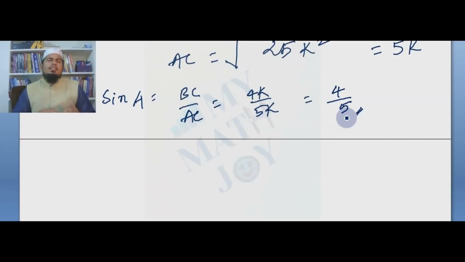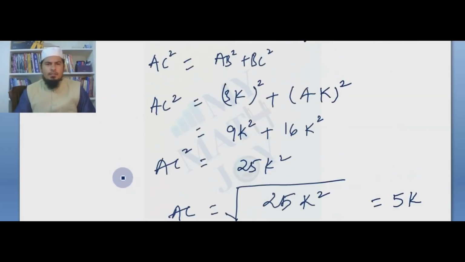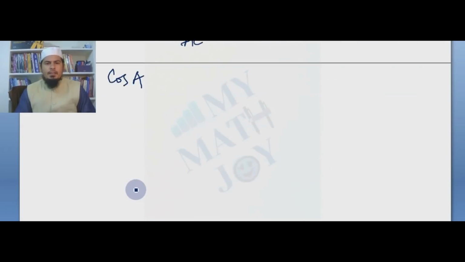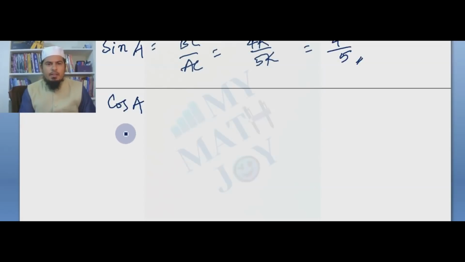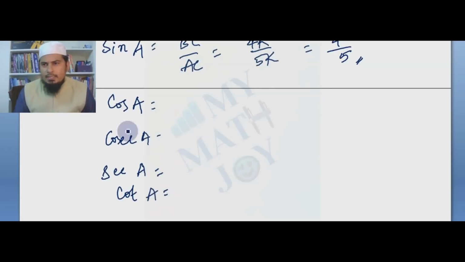So in this way you please find the cos A value. Tan A was given, and we found sin. You please find cos, then cosecant A value, secant A value, and cot A value. Okay, so please do it. Find this. In this way you will get some of the questions. Let us try some other type of questions now.